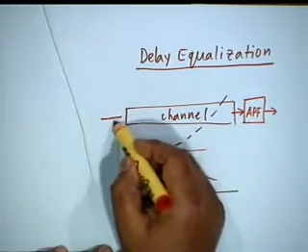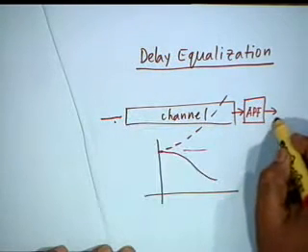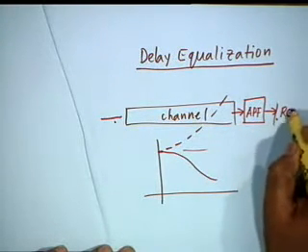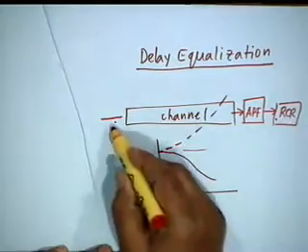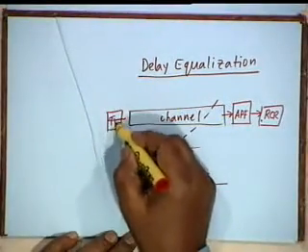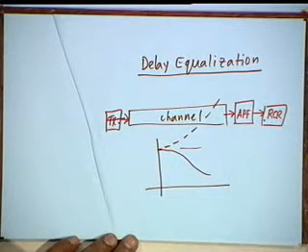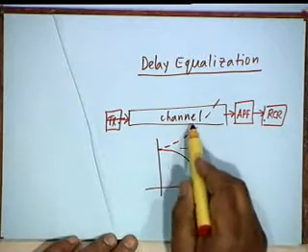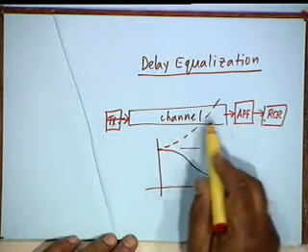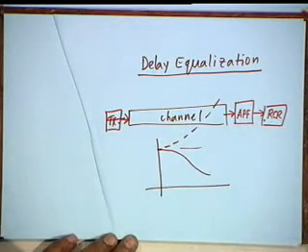Then from the transmitter Tx to the receiver, the group delay shall be a constant, because the overall group delay is simply the addition of the group delays by the channel and the all pass filter. So, delay equalization is the most important